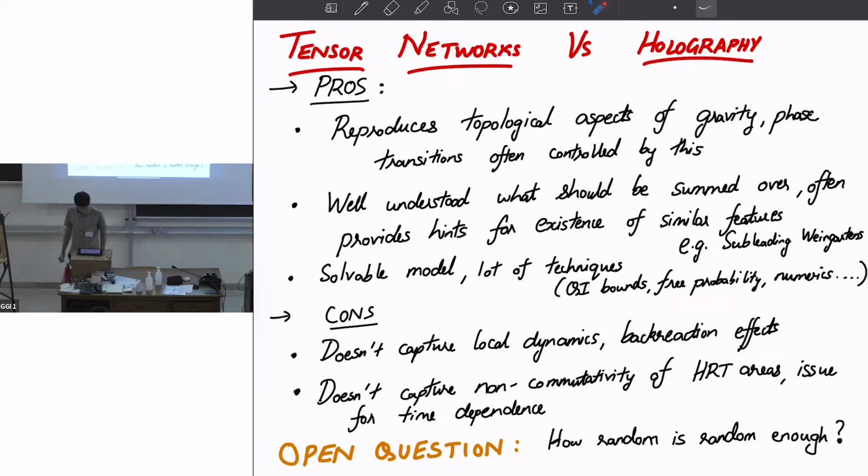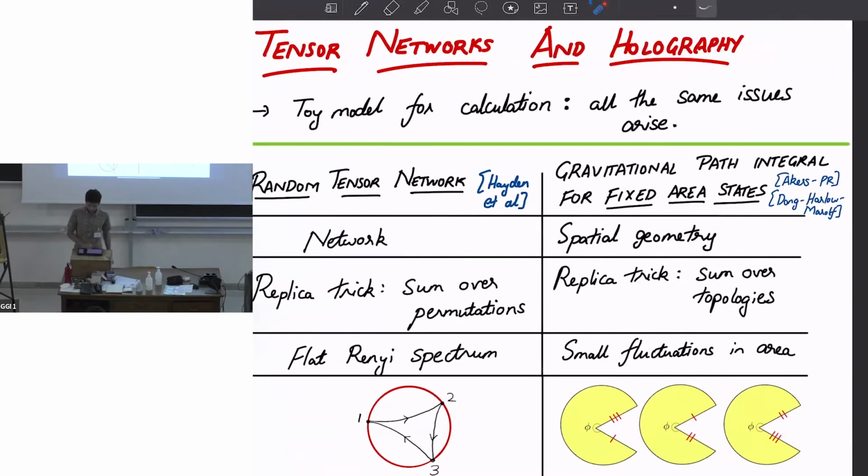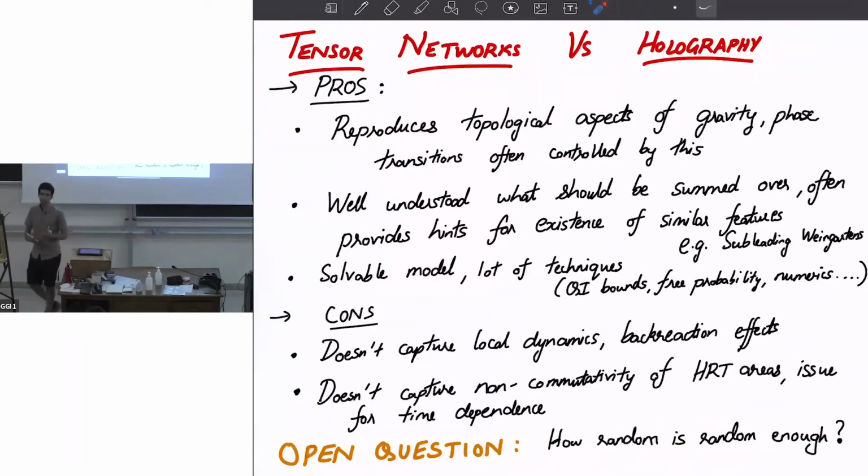a useful model. There are still some cons with the tensor network because it doesn't capture everything about gravity, right? Like it doesn't have features like back reaction. For example, here, once you have fixed area, then the saddle doesn't change when you glue things together. Whereas when you don't fix the area, like in gravity, we know that the solution changes every time we compute something like the Renyi entropy. This is a feature that the tensor network misses. And so some local dynamics are missing, but it still captures some broad topological features.